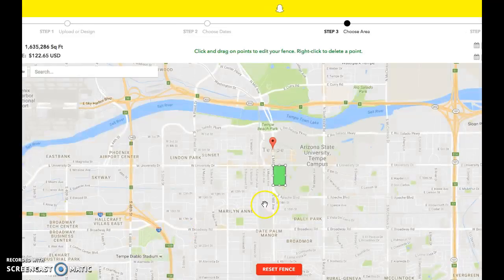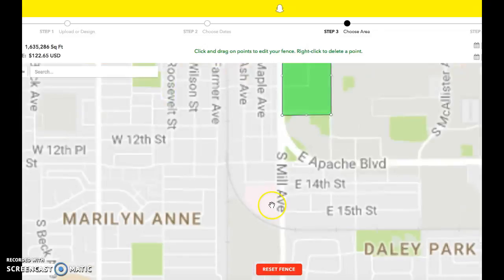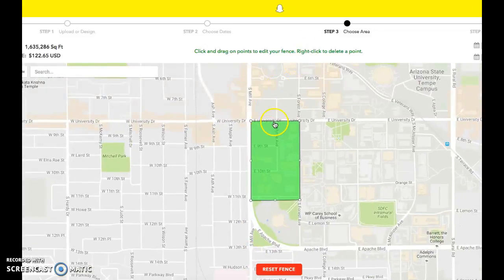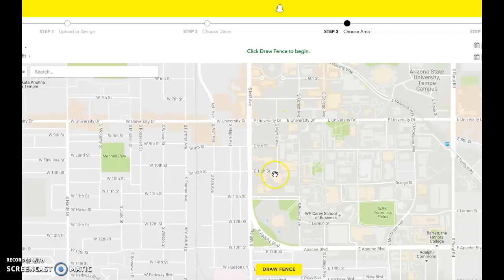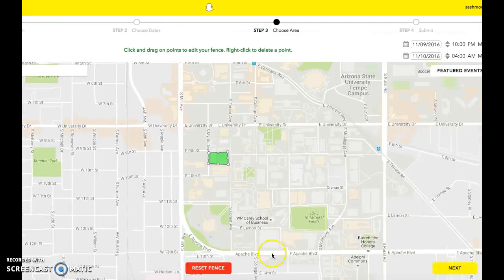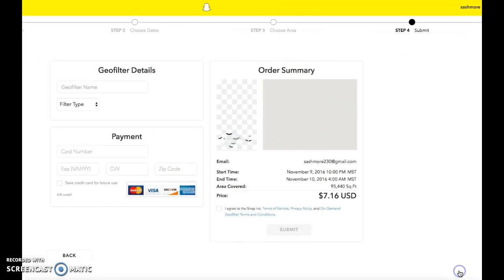I've done this myself, and I've spent as little as $6 on a geofilter. So if we wanted to make this smaller, which we can, and we just make it that big, and then you just go and you press next down here. So now this is only 716, and what we would do is you would name it as Halloween